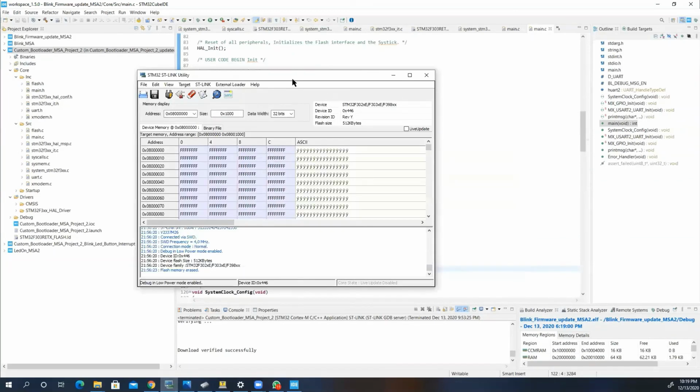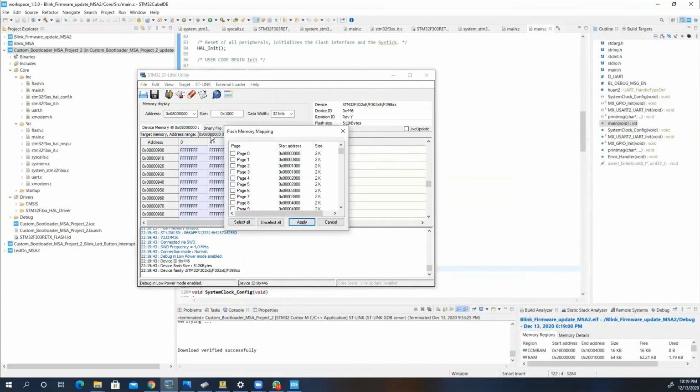This is the ST-Link utility where you could connect to the processor and see different memory locations and addresses. If you go into the array sectors, these are different pages that we have. Page 1, page 2, page 3, different pages. So we will be flashing into our entire ROM memory locations.